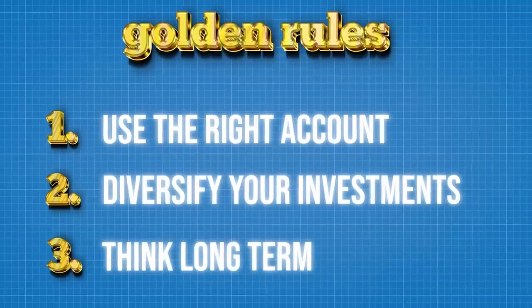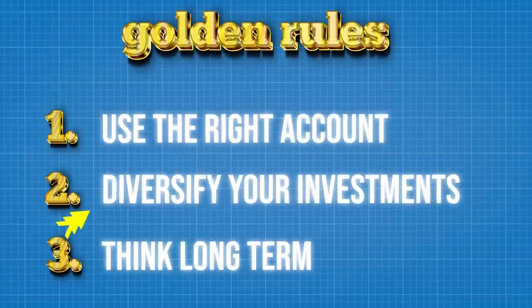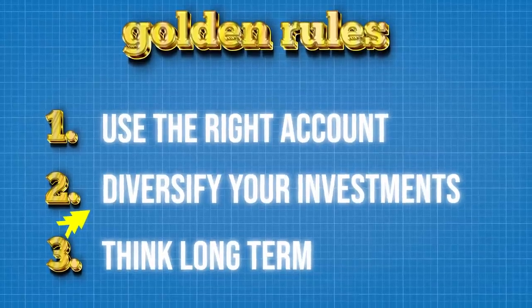Now, point 2 of my golden rules is the most important one. We need to make a well-diversified set of investments to put into our portfolio. The reason for this is that we don't want to risk all of our money in one single thing. If that one investment were to go bust, then we could end up losing everything, and that is the last thing we want to happen.